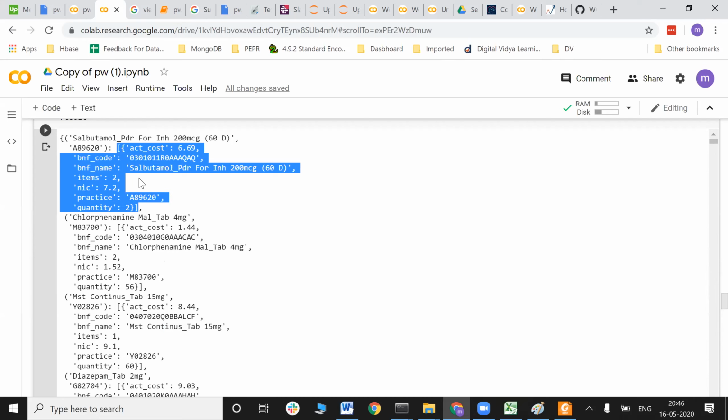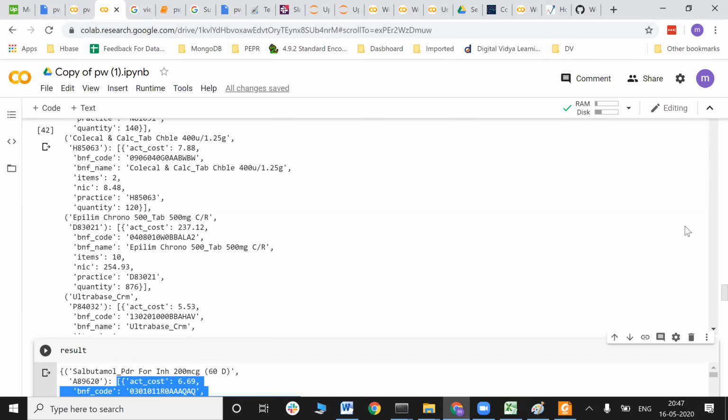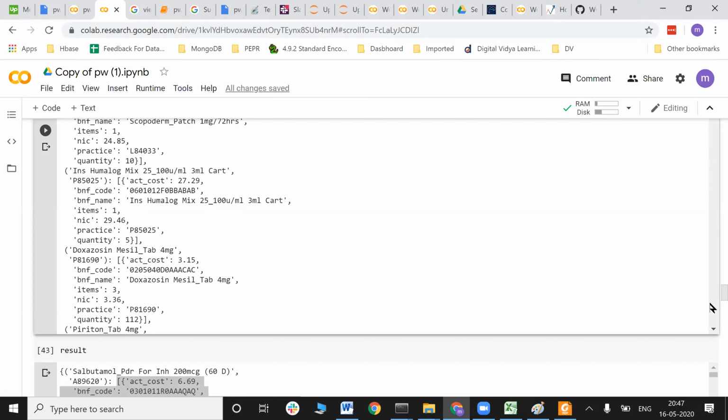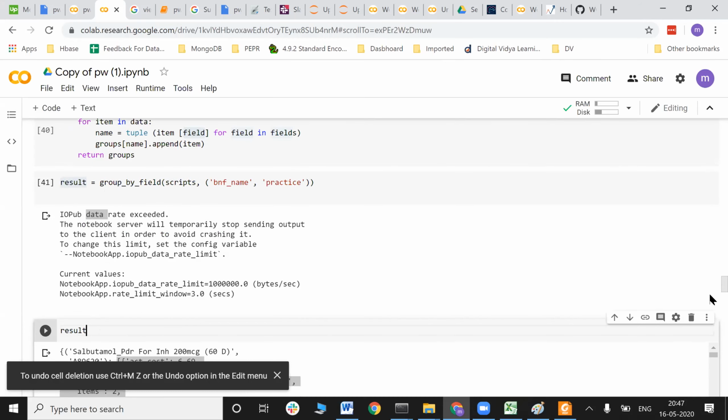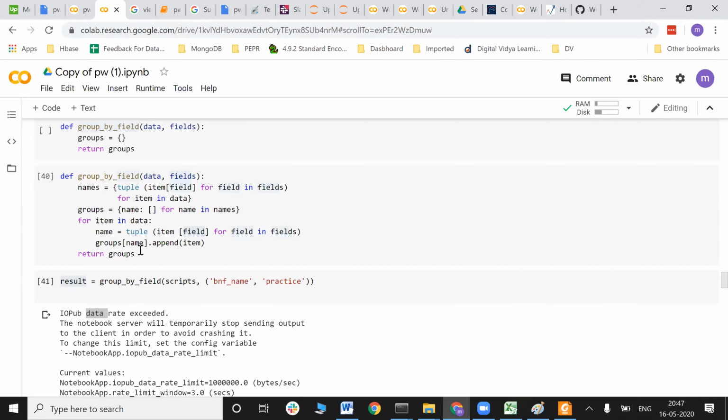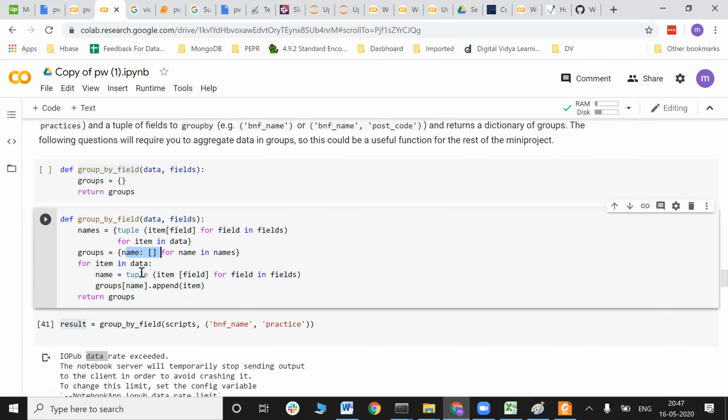So I'm filling these values. That's it. Can you imagine? Are you able to visualize it? So earlier it was an empty list. Now it is filled up with some values here using this for loop. So this was an empty list before, with only the names. Then it was filled up with all the item fields within it.